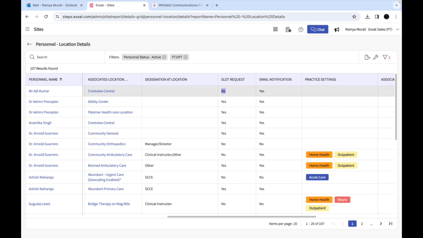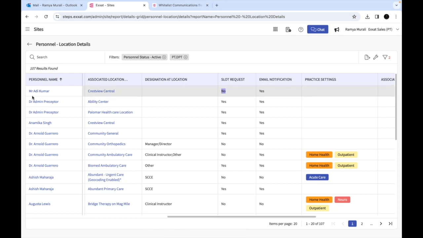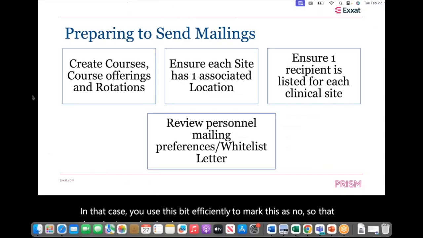If they are set to no, that means that this person is not going to receive the slot request email. And you can use this as a way to mark a person not to receive the slot request, because there could be scenarios where you don't want to send out the slot request to a particular person, right? In that case, you use this bit efficiently to mark this as no so that they don't receive the slot request, right? So that covers the prerequisite,